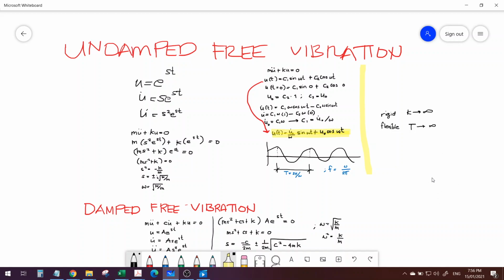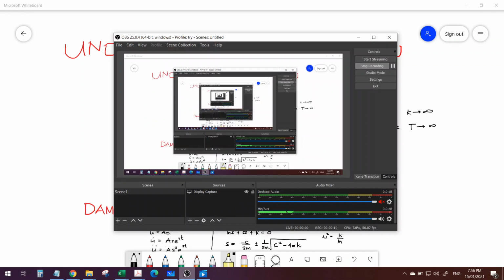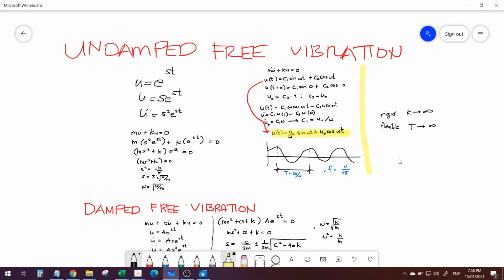Okay, so in this lecture, I'll talk about dynamic analysis. In the previous videos, that was all about static analysis. In dynamic analysis, we will now work on the equation of motion. The general formula for the equation of motion is something like this: mu double dot plus cu dot plus ku